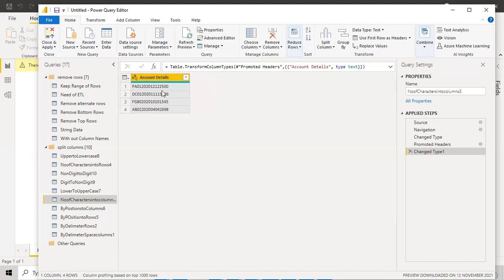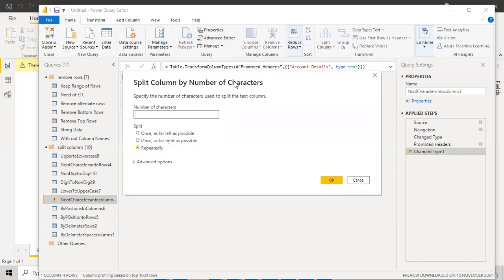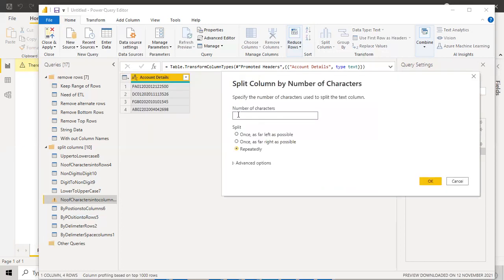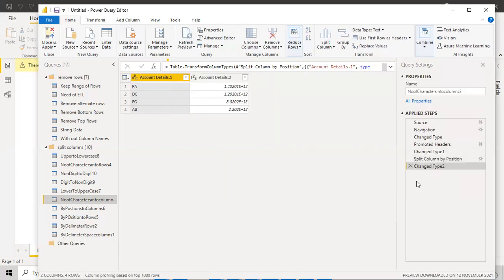So what we do is, from the existing data, we create a new table, a column in such a way that we get all these states. Just split the data using number of characters. I know that the first 2 characters are my state, so I'll keep the 2 characters from the left. Once as left, once as far as left. After the first 2 characters, it will split the data for us into just the states and the order number. Don't consider this other thing that we can do. So right now we got the columns, the country names or state names, whatever we need.